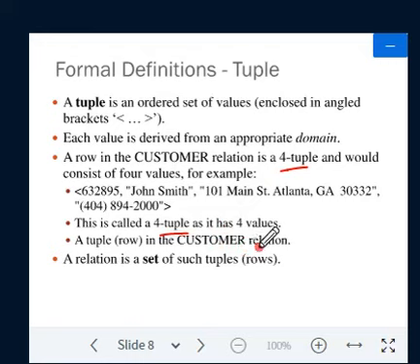A relation is a set of such tuples. So a collection of tuples we call a relation.